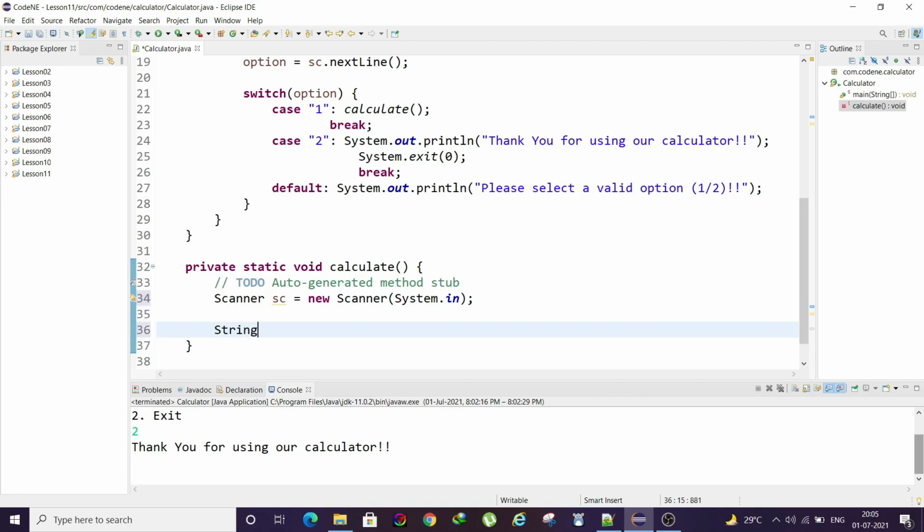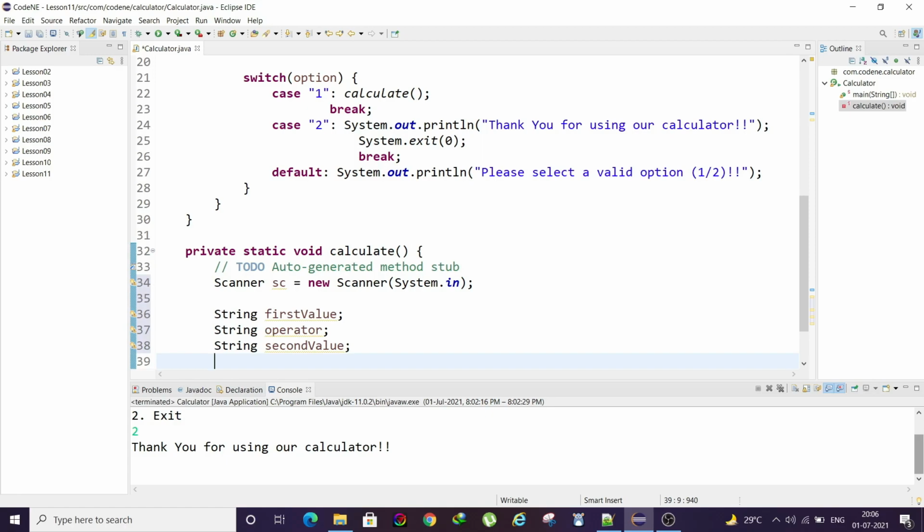In that case we will make them strings, so that it will be easier for us to handle in future. String first value, then string operator, string second value.